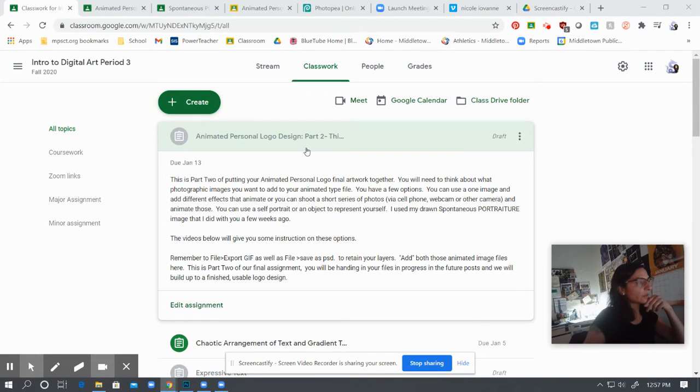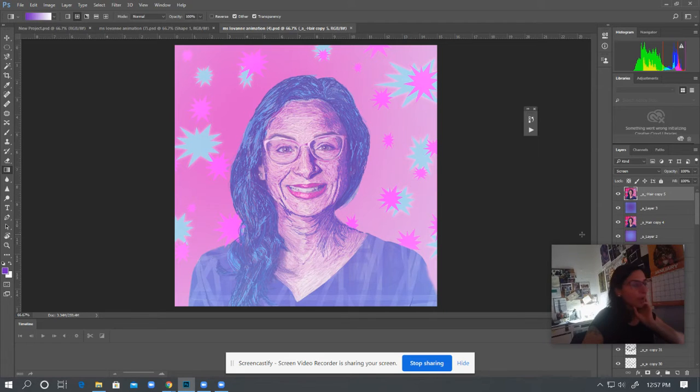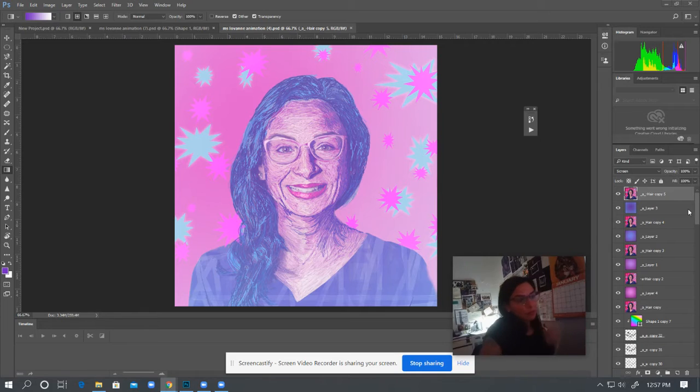So, I'm basically going to talk to you guys about deciding on what imagery to use for designing your animated personal logo. I'm going to give you some examples that you could use and show you some of the different choices that you have. So, the first thing that I wanted to show you guys is if I go to Photoshop and I have